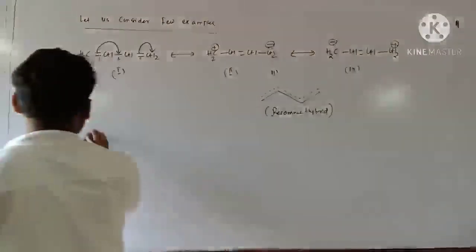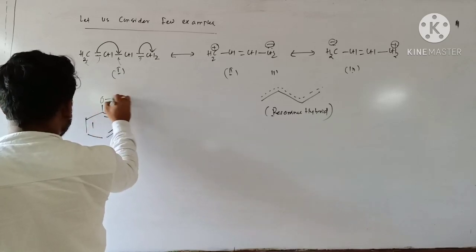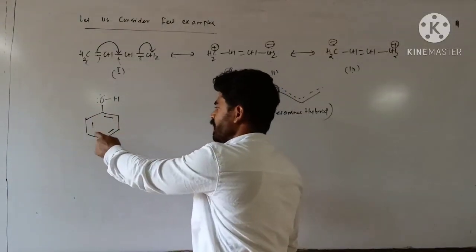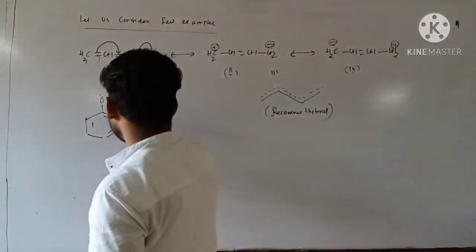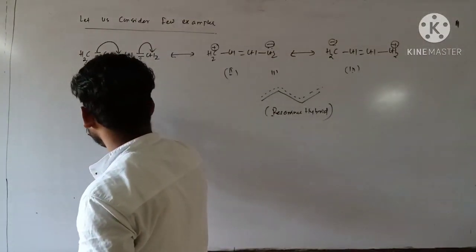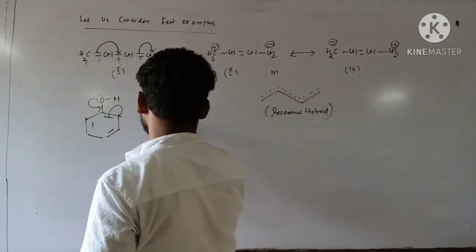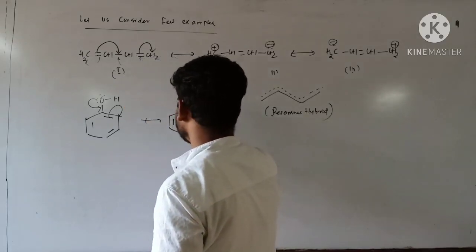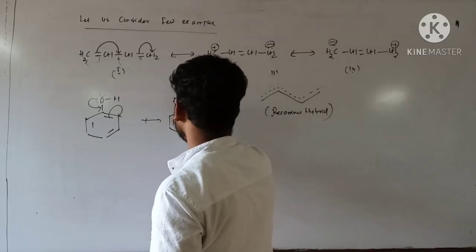Let us consider the case of phenol. Okay, so phenol, this one is the structure of phenol. Here you see this oxygen lone pair, single bond, double bond, single bond, double bond, single bond, double bond. This is an alternating or conjugated system. So here resonance is possible. This lone pair comes like this and this pi bond shifts here. So the next structure you are getting is like this one, with a pair of electrons, negative charge. Here double bond, oxygen, H, and here plus charge is there.